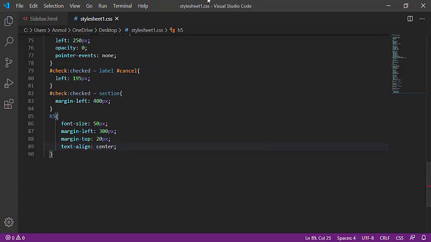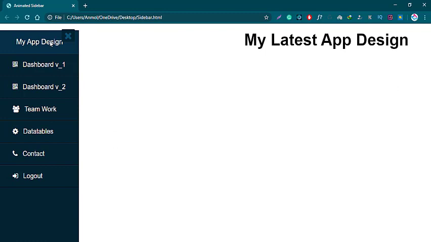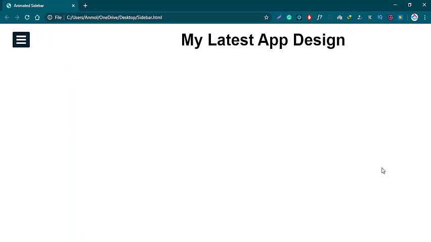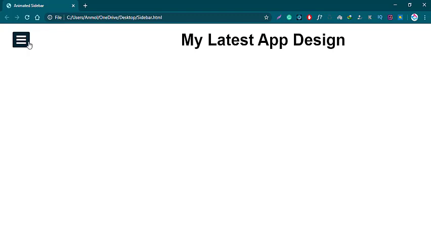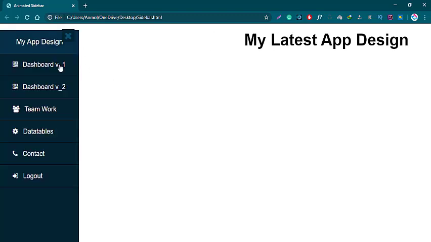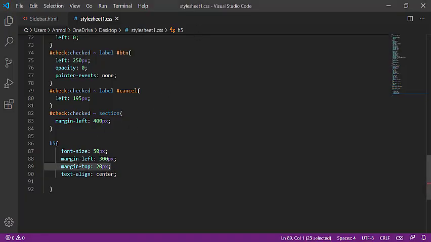Save it. Latest app design, and clicking on this I get the my app design dashboard and these kind of things, and then close it back to the point. So we're having some trouble on this. Let's fix it. To check this, we need to check our styling. I think the margin left and margin top will working this on the heading file.